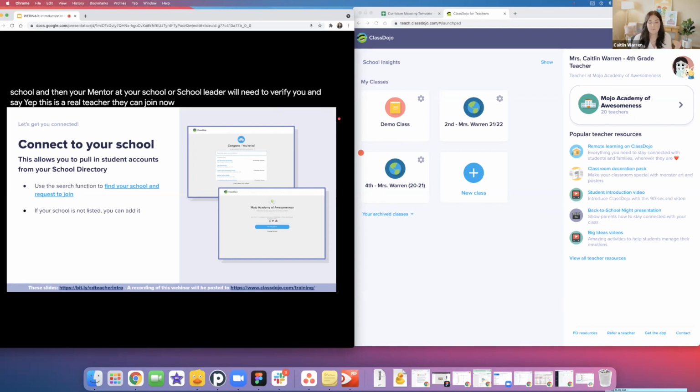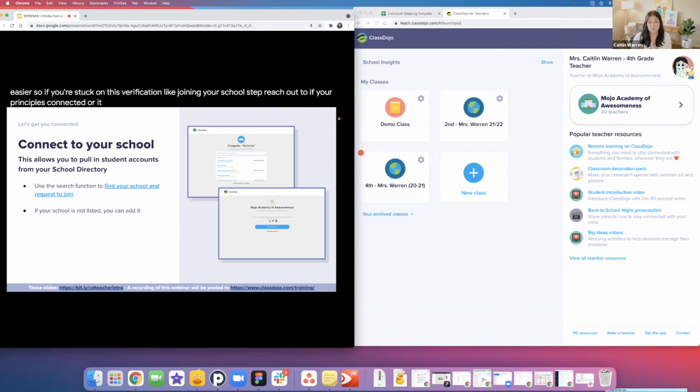Now, I would recommend trying to get verified into your school account before adding students, because if I'm a second grade teacher and first grade used it last year, then all of those student accounts and parent accounts are living inside our directory. When I sign up and create a class, I can just pull those accounts in. It makes things so much easier. So if you're stuck on this verification, like joining your school step, reach out to your principal if they're connected, or